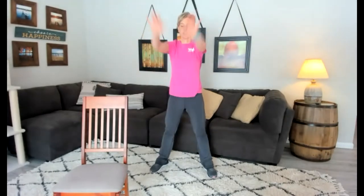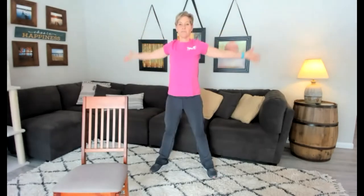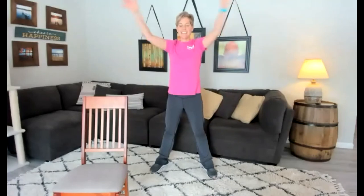Feet are wide apart, hands in front. We're just doing 10 reps of each power move, just 10. Big fingers, ready? Down, power up big. 1. So we're just focusing on one thing, and that's your movement. 2, big movement. 3,